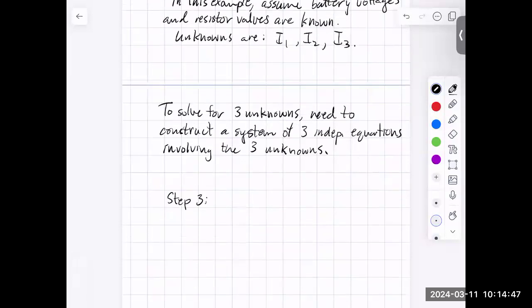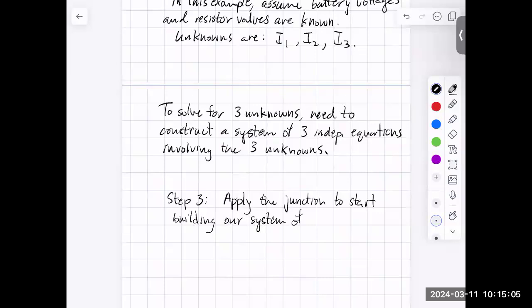Step 3 is let's apply the junction rule to start building our system of equations. Okay, so